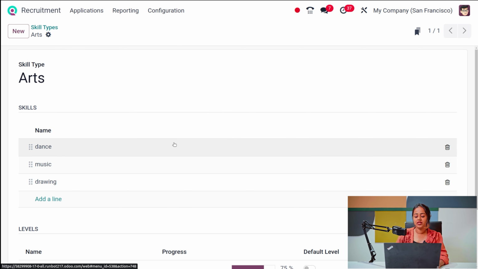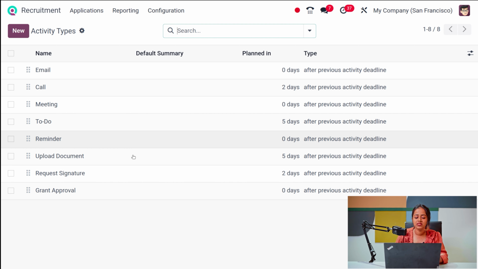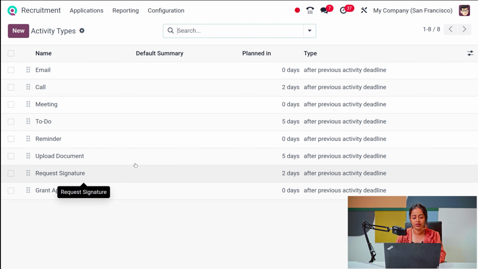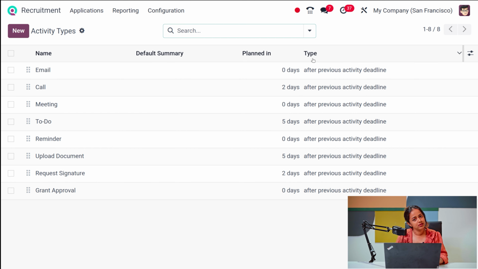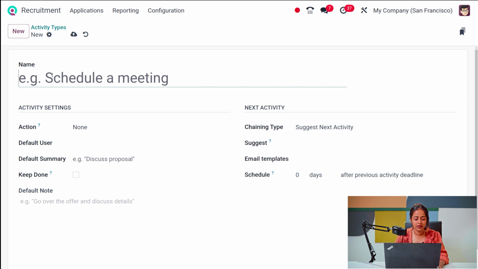Going back to configuration, then you have the activity types. So you have these activities like email, call, meeting, to do and all. So here you can set a new activity type and the planned and type. Okay, planned and type. So just click on new. You can give the name of the activity. So if I'm giving schedule a meeting,